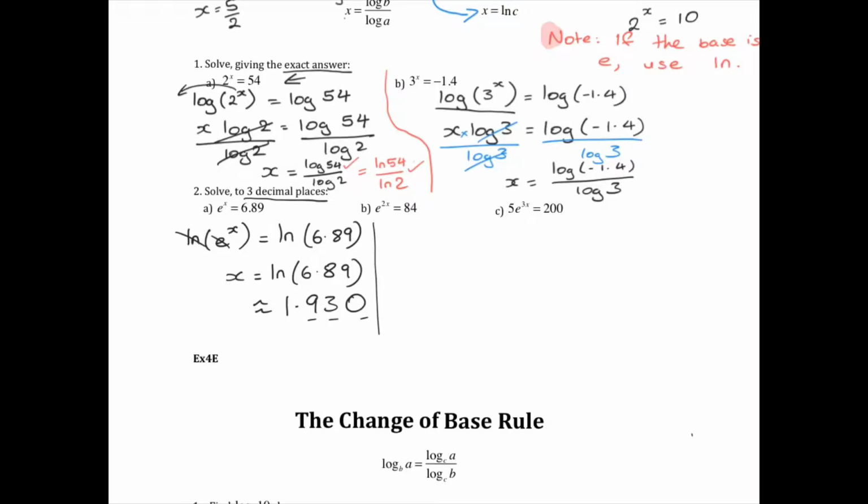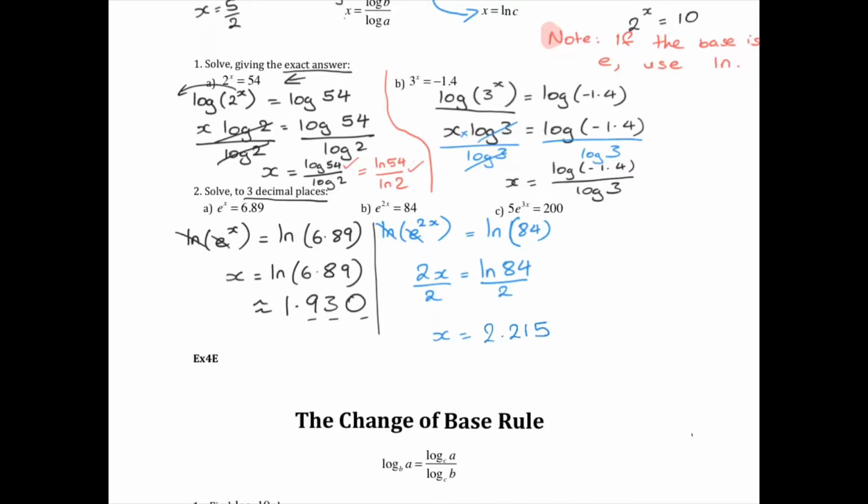Again, it's a base e, so I am going to do the ln of both sides. It's just easier. So ln of e to the 2x equals ln of 84. There should be a bracket. ln and e cancel out, and I get 2x equals ln of 84. But I want x, not 2x, so I need to divide both sides by 2. And x equals 2.215